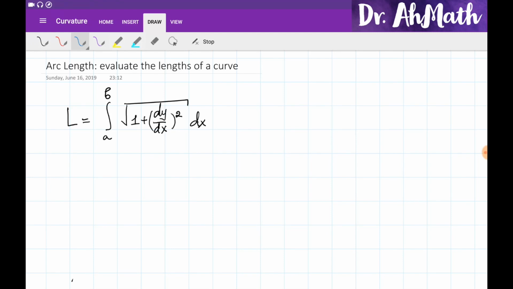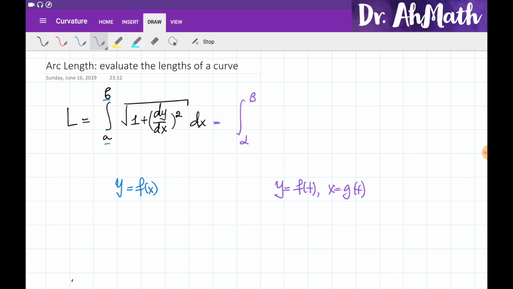When we are given a curve as a single variable function in the form of y is equal to f of x, we can find its length between a and b using this formula. But if the curve is given as a parametric equation in the form of y is equal to f of t and x is equal to g of t, we can find its length between the t values,